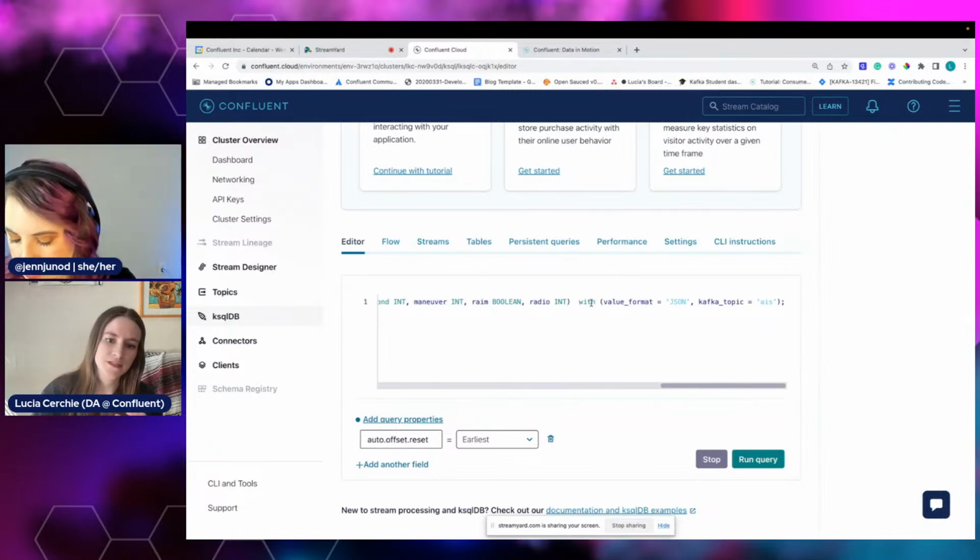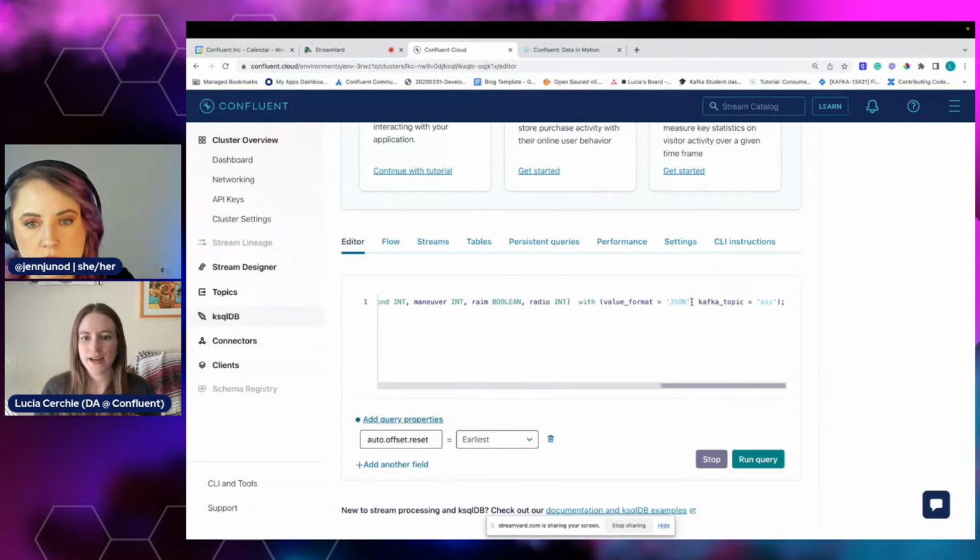Then there's this with clause. So the value format is going to be JSON, which is what we piped in. It could also be something called Avro, which is what we recommend because it has extra rules on top so that things don't get messed up. But for right now, value format is JSON. And the source is the Kafka topic that we created, the AIS data topic. So when I run this query,